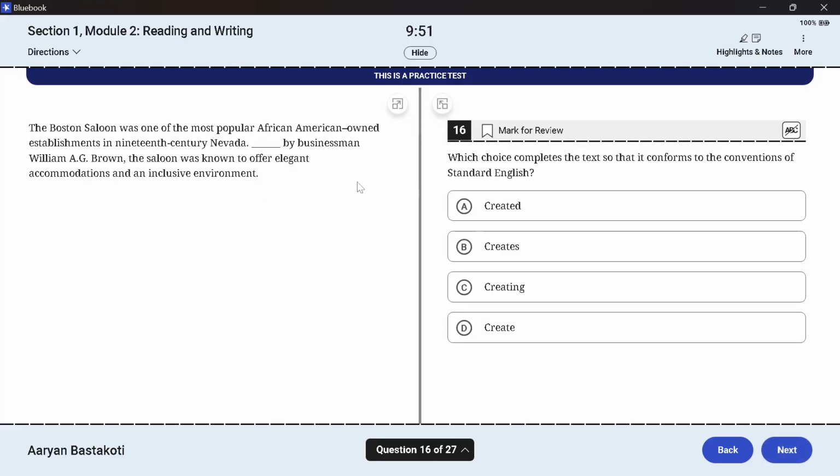Okay, now grammar. We need to speed run this. The Boston Saloon was one of the most popular African American owned establishments in the 19th century. Developed by businessmen, the saloon was known to offer elegant accommodations and